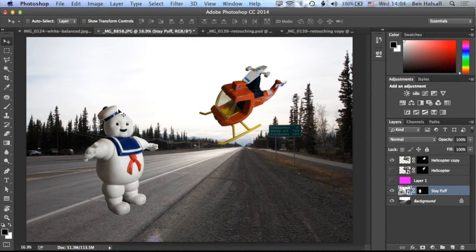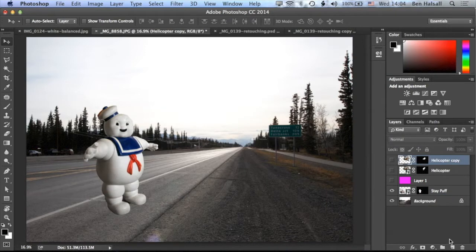Okay, so one last thing we're going to mention here is shadows. So basically we have composited these images into our picture, but they just look like they're floating in midair. So what we're going to do is just briefly talk about how we can start to add some shadow underneath Stay Puft here. So we're going to close off our helicopter layer and we're going to add a new layer